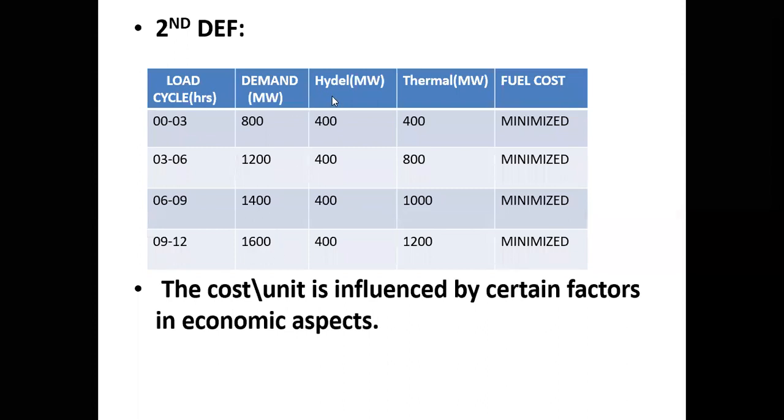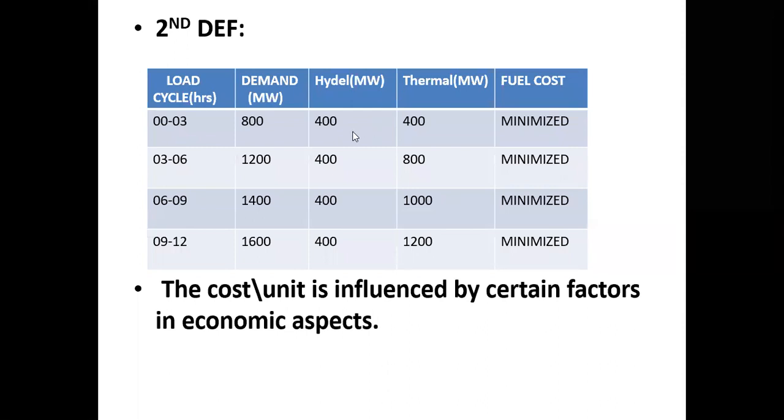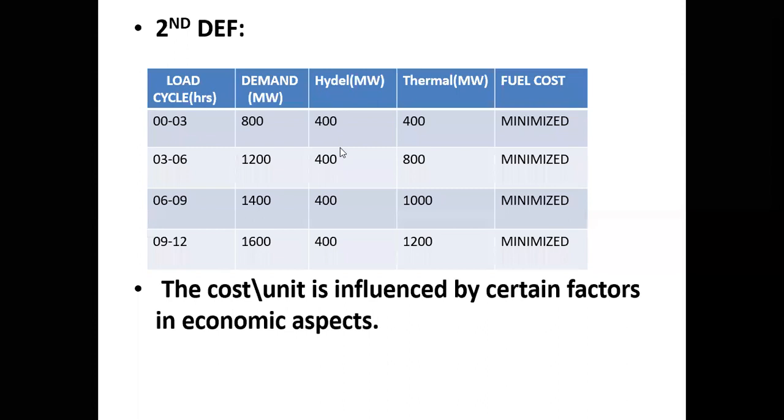But the thing is, we have 2 power plants. How can we operate these 2 power plants in order to meet the demand? That is important. Already we have discussed in the previous slide that we have to use the hydel power plant. The reason is that the fuel cost is very, very less. So that's why we are using all the 4 units, and we can get 400 megawatts from the hydel power plant. But our demand is 800 megawatts. So once we get 400 megawatts from the hydel power plant, the remaining is only 400 megawatts. So this 400 megawatts we can get from the thermal power plant.